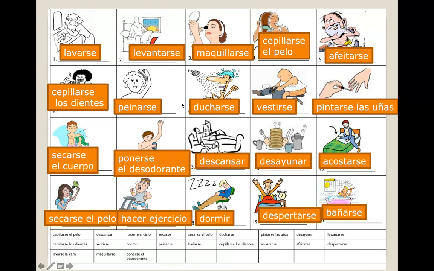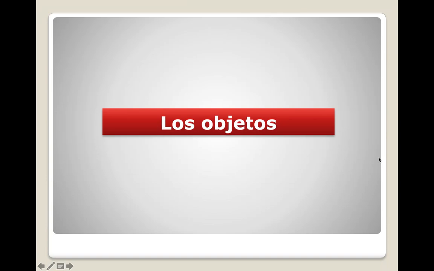The other thing I want to mention is for all of these that have the noun with it or the object: secarse el cuerpo, secarse el pelo, ponerse el desodorante, pintarse las uñas, right? What's important to take from it is that you need to have an understanding of the verb. Cepillarse, secarse, ponerse. Those are the verbs. And then these other words can be interchanged with something else. But you need to have an understanding of what the verb means. So to dry, to brush, okay? To paint in that case, to put on, all right? And then these could be interchanged. Now, for some of them, we do want you to specifically know, like cepillarse el pelo, to brush one's hair, okay? Lavarse la cara, to wash one's face. But just knowing that you can interchange those with other parts of the body. Okay. Now